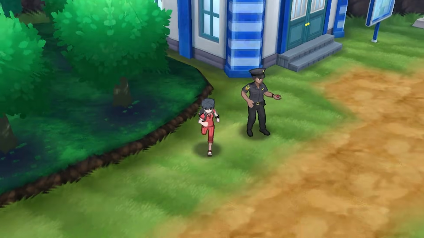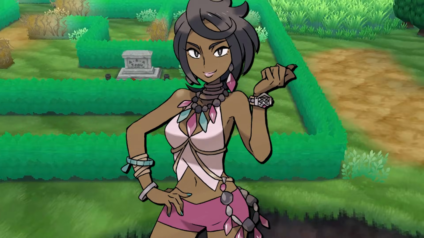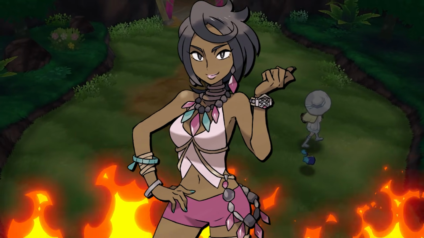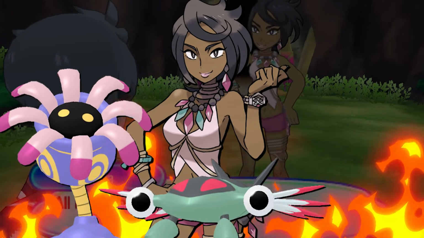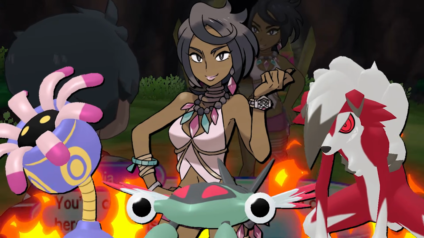Yeah, no. While our team had definitely gotten a lot stronger, all it takes is a hot woman with a pet rock collection to completely bring us back down to earth. Olivia is arguably one of the biggest roadblocks in Alola, especially for a fire-type specialist. With two powerful fossils, combined with a fully evolved Lycanroc that can rip our team to shreds with its Z-move